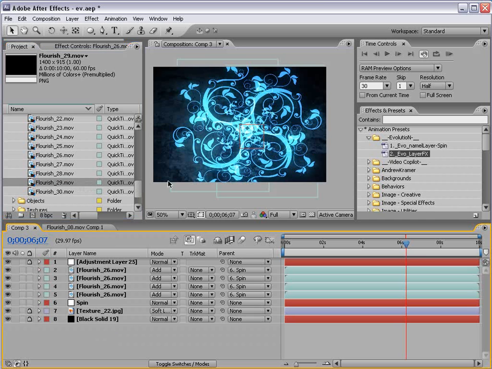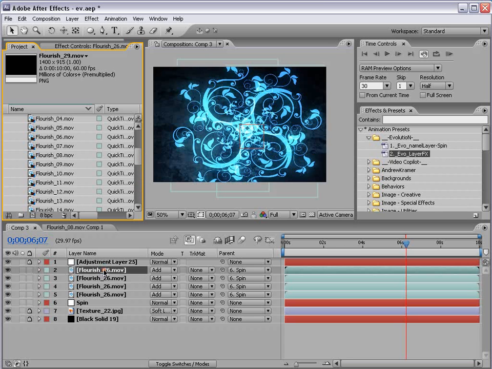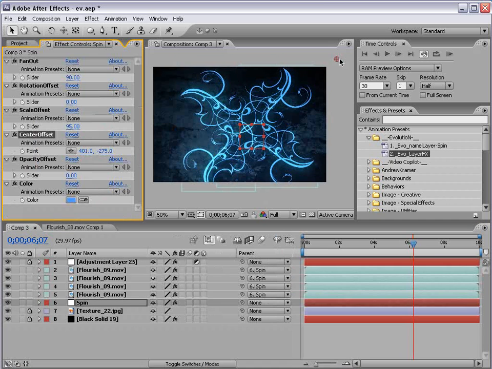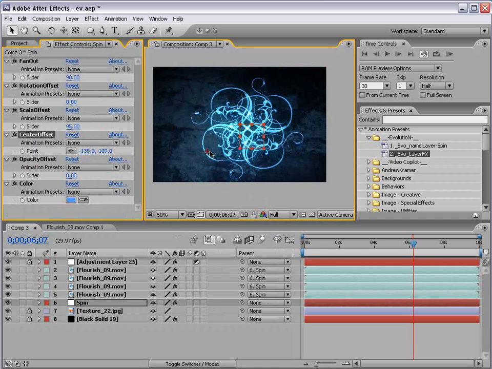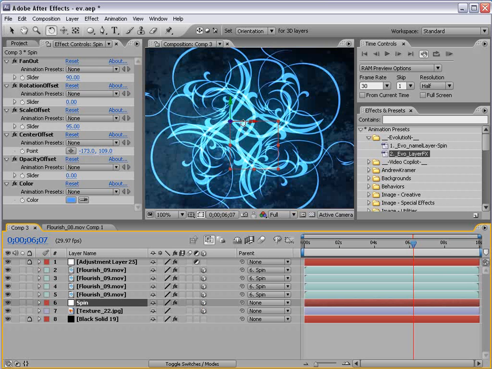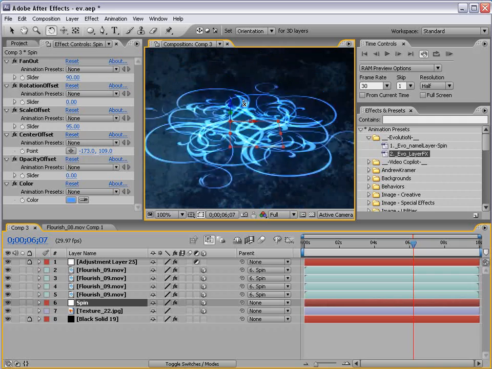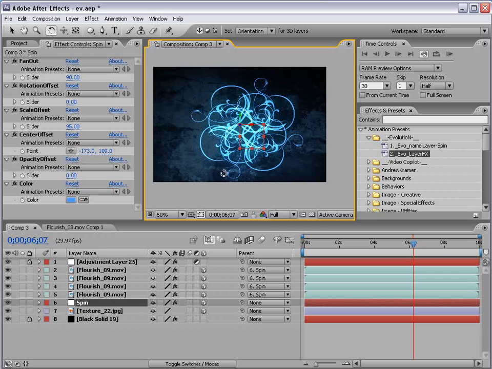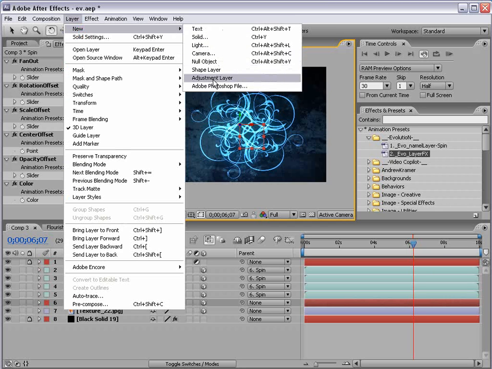Now, the other thing you can do is, let's go back, let's select them, replace it with design number 9, bring it in here. And what I'm going to do is turn these layers into 3D, and our texture layer, our background layer also, and our spin layer. So the spin layer is a null object, so we can just move the null object, and that allows us to move all of them together. And then if I create a new camera,